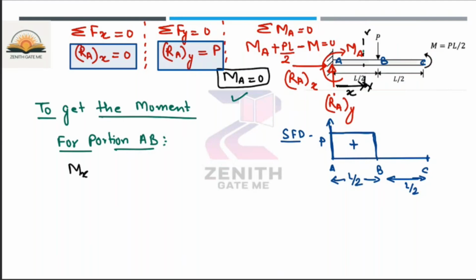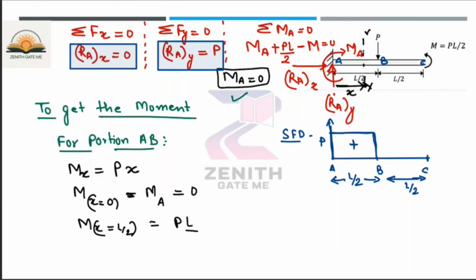can I say the moment at X is nothing but what forces will create a moment? So this force is already 0. This moment is 0. So R_A, which is nothing but P only. So P into X. If you take X equal to 0, the moment at point A will be nothing but 0 only. Fine. If you put X equal to L by 2, how much will you get? P into L by 2. So that means there is a linear variation